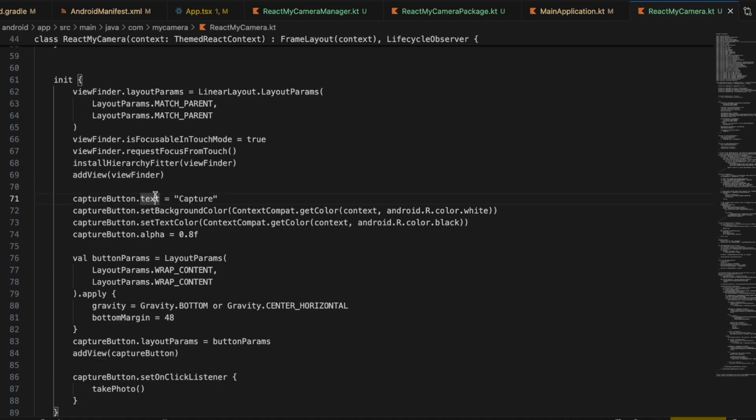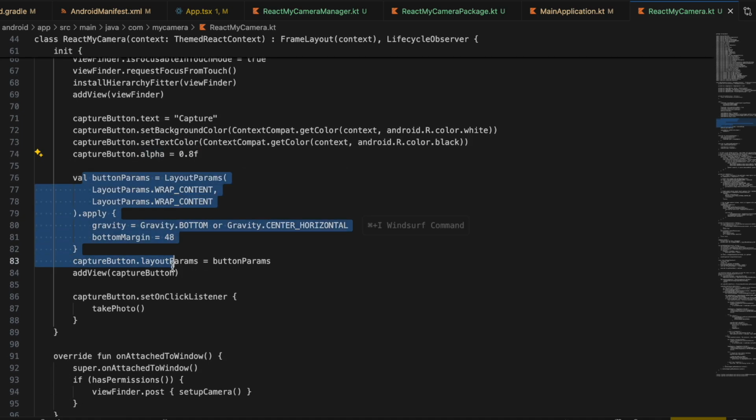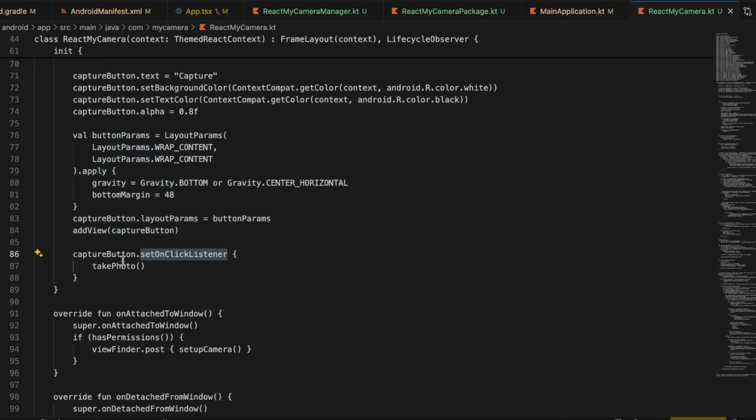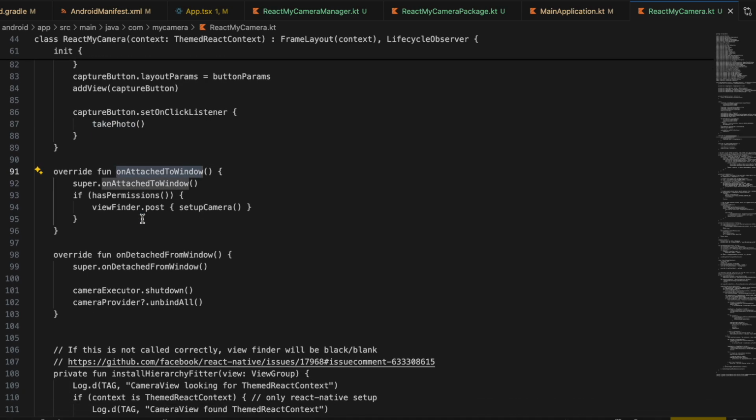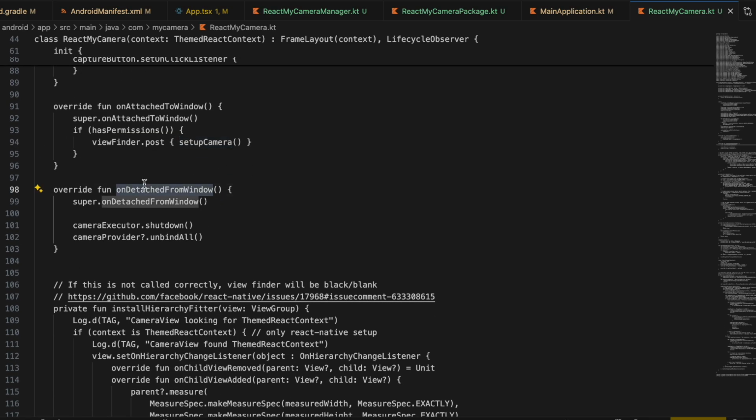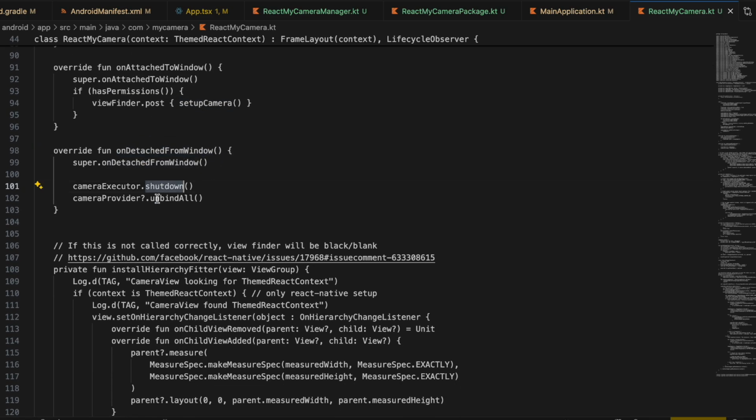Then we set the text, background color, text color, alpha for our capture button. We set layout params for our button as well and add it to our parent view. Then we add a click listener for our button, and on that we just call this take photo method. Then we override on attached to window, and if it has the camera permission, then we do viewfinder.post and call setup camera, and then we do on detach from window, where we shut down our camera executor as well as unbind